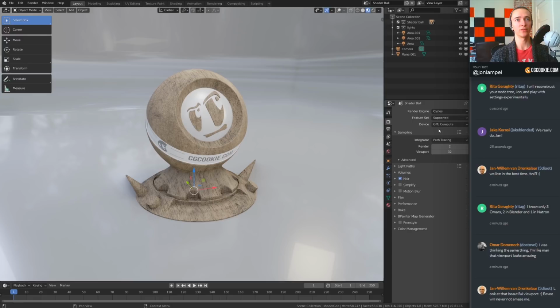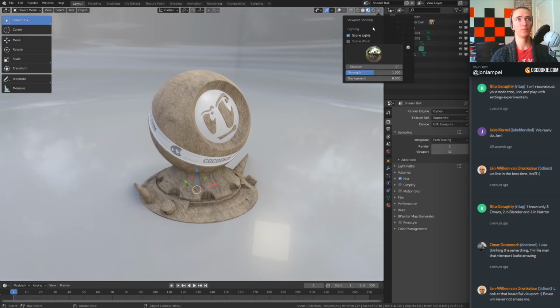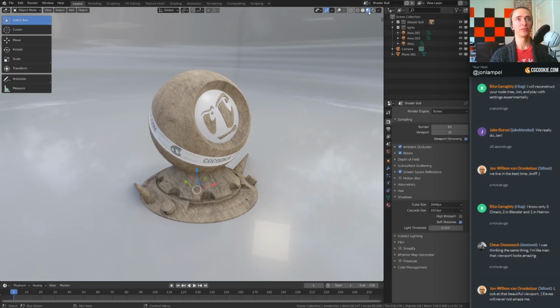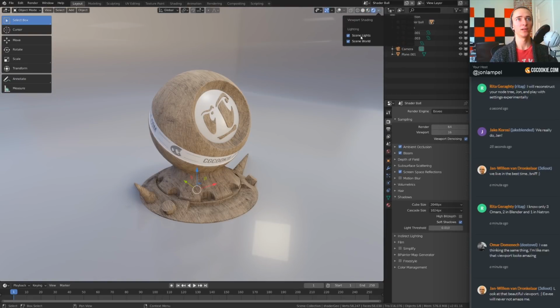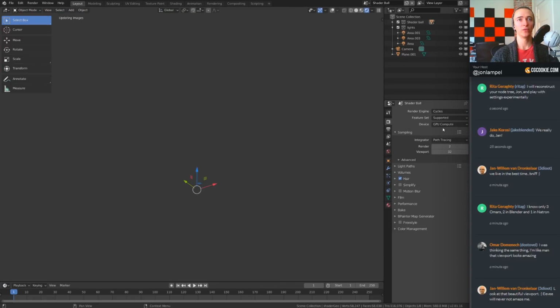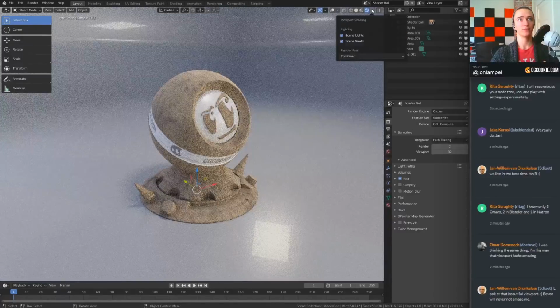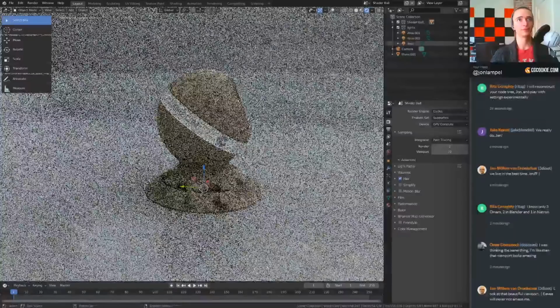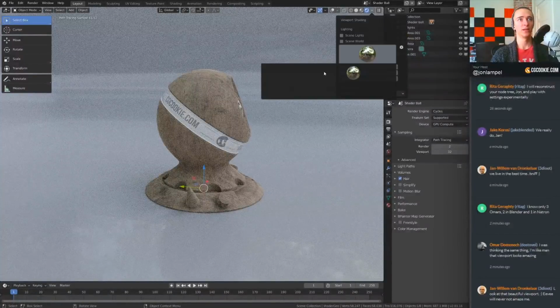So if we go over to cycles here, we still have this material preview, and it works as it did before. However, if we go to EV, we now have a different rendered view in which we can, by default, scene lights and scene world are on, so you can switch between having the lights on or off, or using a different HDR if we want. But the cool thing here is that we can go over to cycles and now uncheck scene lights and scene world and use just any of these default preview things for our viewport render. So if we want to use a different HDR